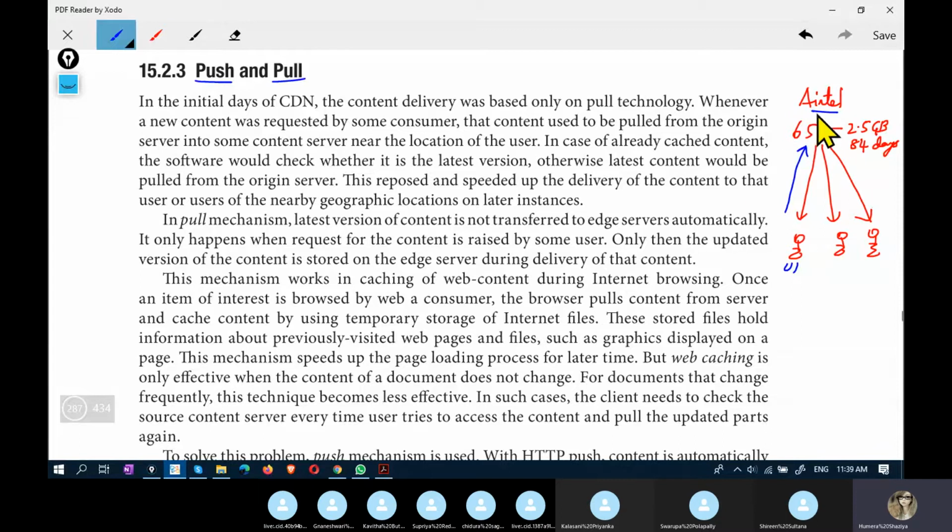So here we have origin server and content edge servers. Here you consider this Airtel to be origin server, and these three users, user 1, user 2, user 3, to be edge servers. The original copy is at origin server. That original copy can be updated. When the copy is updated, how do edge servers get to know about the updates? Either the origin server pushes that information to all the edge servers, or edge server